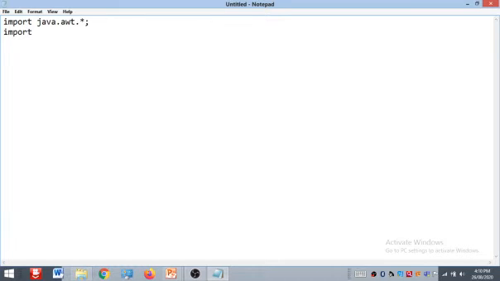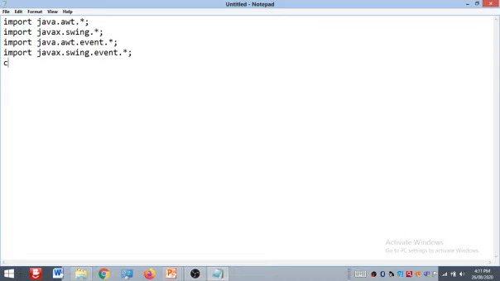Import java.awt.*, javax.swing.*, and then here, if we are going to perform the event, that event belongs to the AWT event, so we can use the java.awt.event package. Okay, or you can use another one, javax.swing.event package. So you can use both, right? In this program, this one is not necessary. Okay, but even though, right?